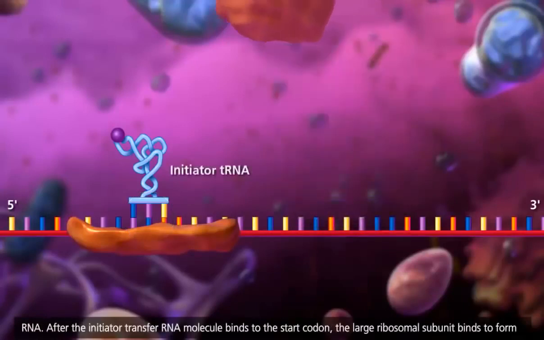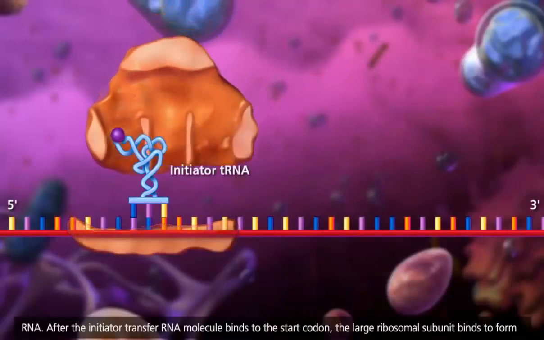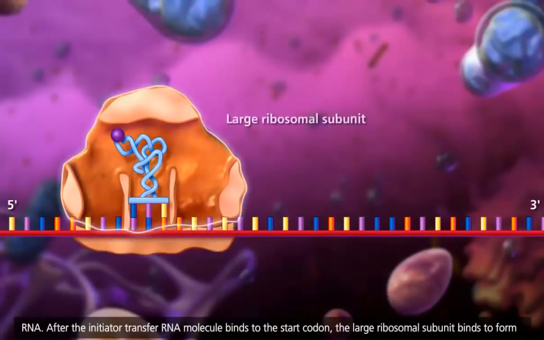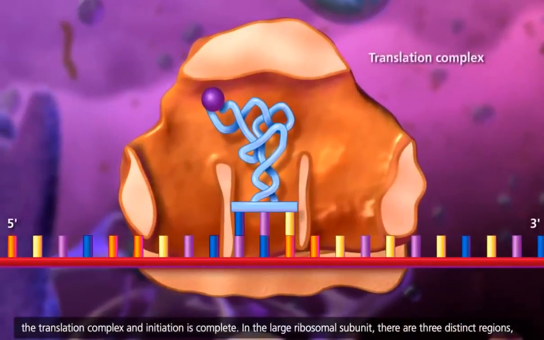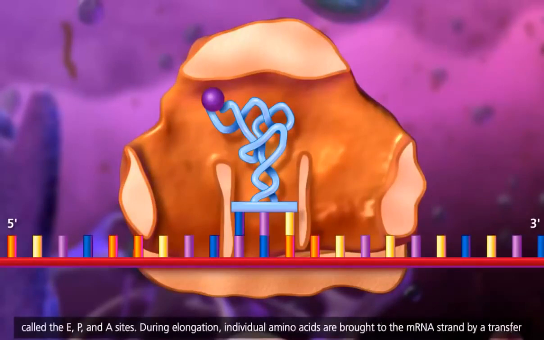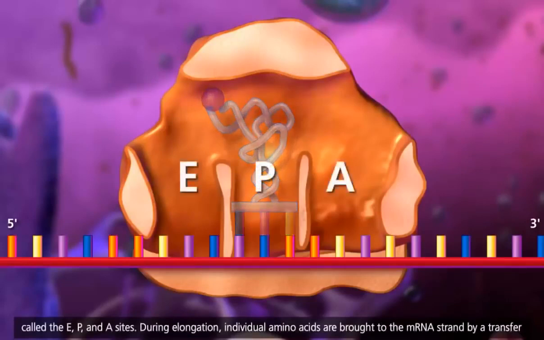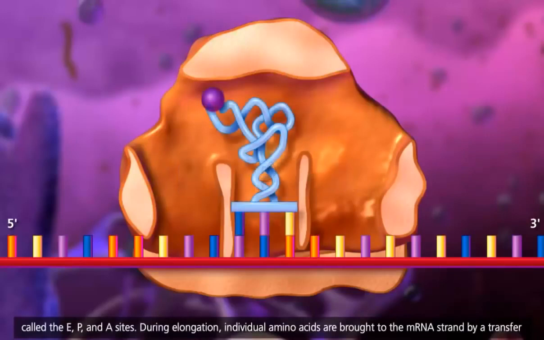After the initiator transfer RNA molecule binds to the start codon, the large ribosomal subunit binds to form the translation complex, and initiation is complete. In the large ribosomal subunit, there are 3 distinct regions called the E, P, and A sites. During elongation,